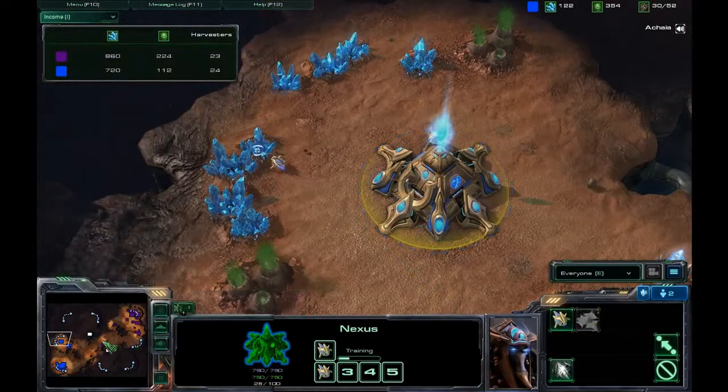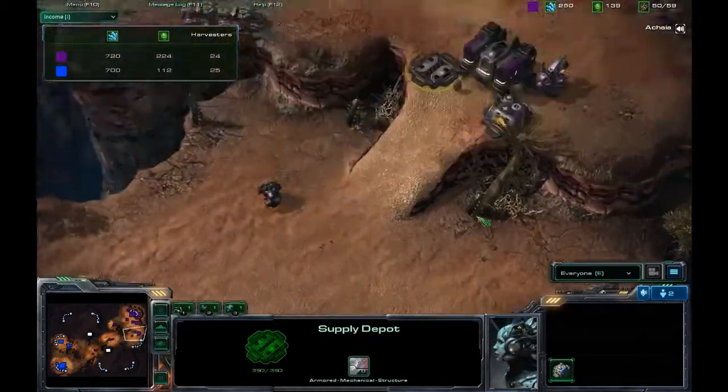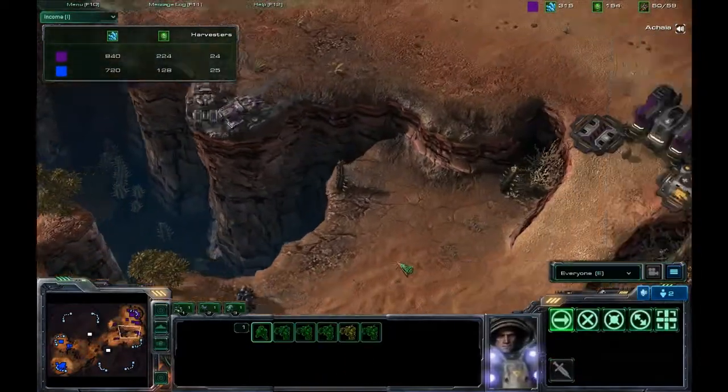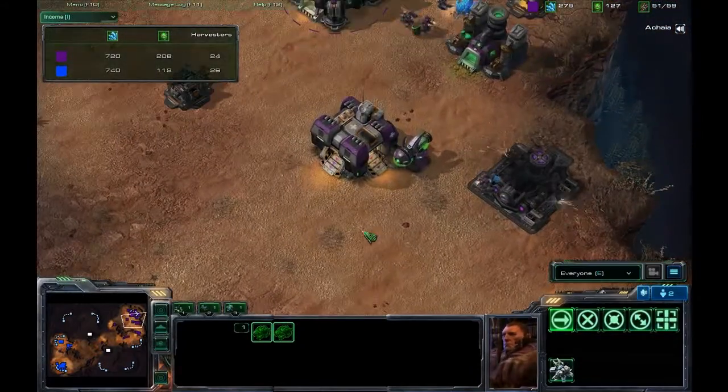But it looks like the Nexus is up and running for 13 at his expansion, and we do not see an expansion yet for Fear. So Fear will have to make some kind of a timing push here if he wants to keep up with 13 at this point, because 13 is going to jump ahead economically here very